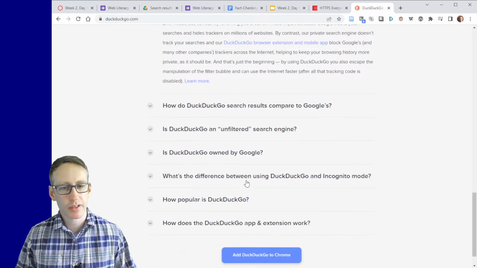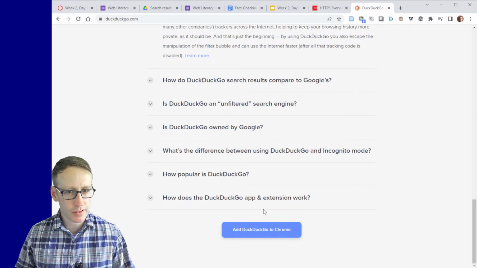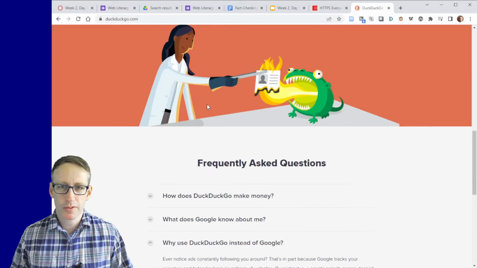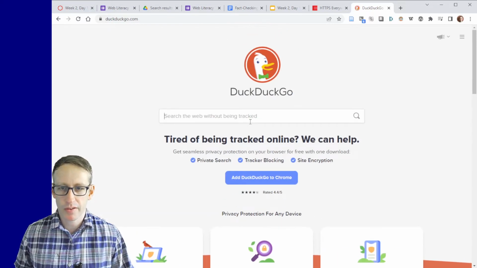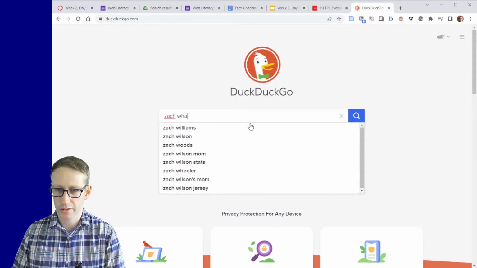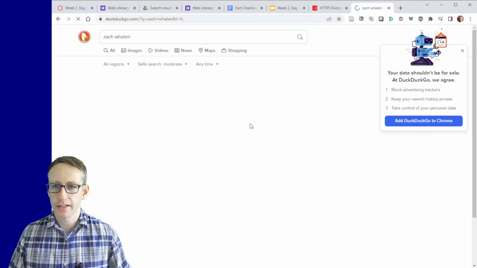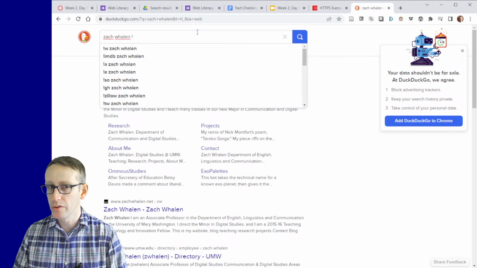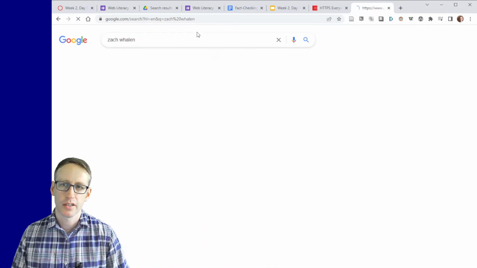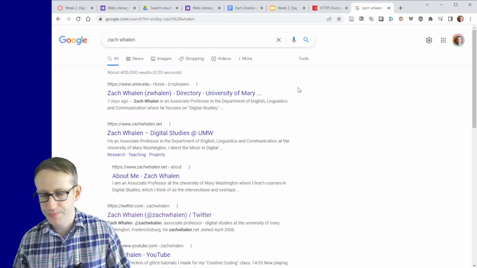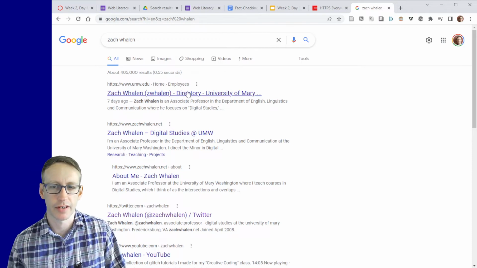You can set this to be your default search engine in whatever browser you prefer, and that's what I have. Sometimes I find that it doesn't give me the answer I'm looking for, so in that case, there's a couple of nice tricks. I'll show you a quick search. If I'm searching for myself here, I can quickly switch over to Google using the exclamation point Google, and that switches me over to Google really quickly. So sometimes I do that if there's something that I need to look for specifically there.